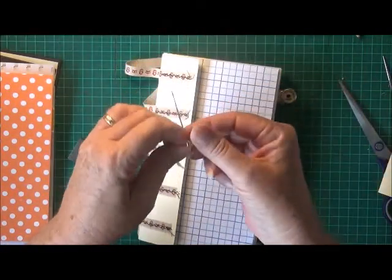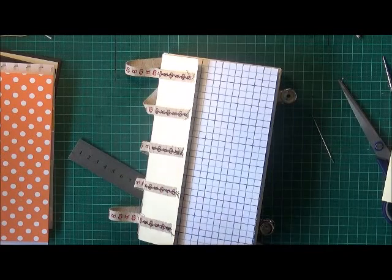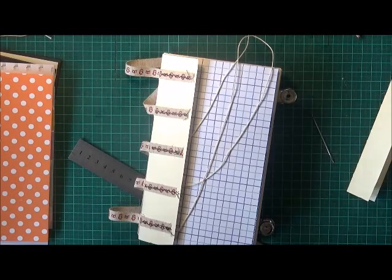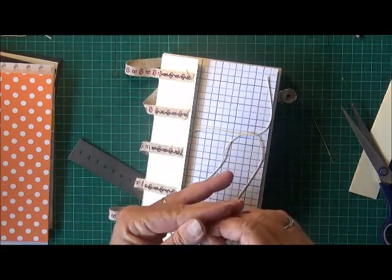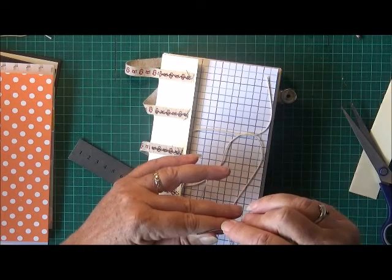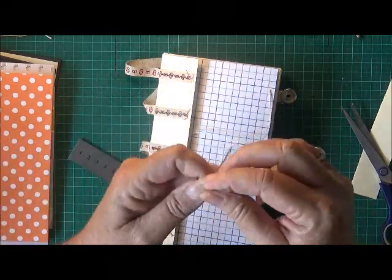And I will need a little bit more crochet cotton. So if I just do another 2, 1 and a bit, that'll give me enough for the last signature to go on too. Okay, and thread my needle. And where am I there? I'm threading my needle,